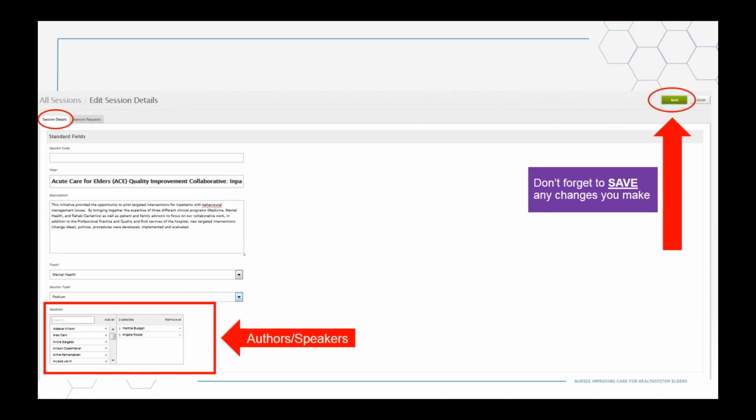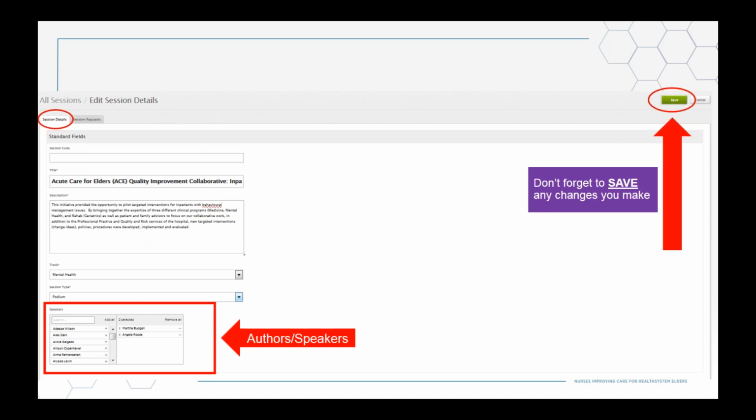What some of you might want to edit are the authors. You can edit authors by clicking on the plus or minus signs to add or remove authors. Selected authors for your abstract are located in the right column of this view. To remove authors, you would want to click on the minus sign next to the author's name. And then conversely, to add an author to your abstract, search for the author's name in the search box on the left column. Now, please note, only authors that are in the system will be located.